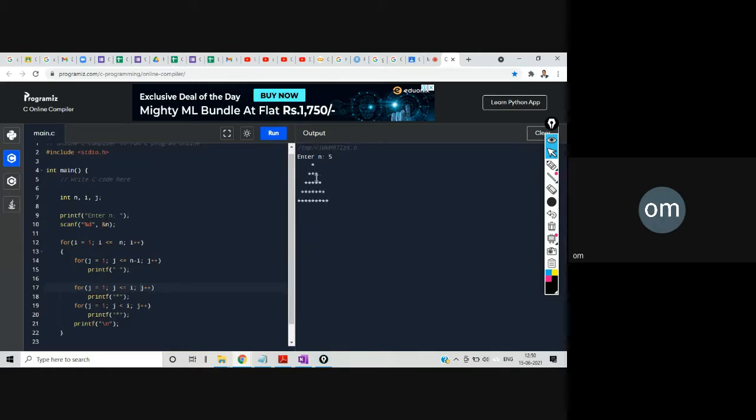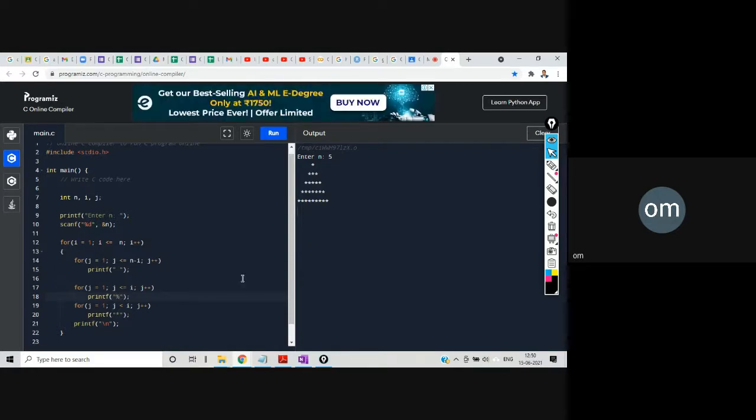So in place of star, I want to print j. So I'll say over here %d, j, and here also %d, j. So let's print this. Okay. If you see 1, 1 2, 1, right, we got this particular pattern.